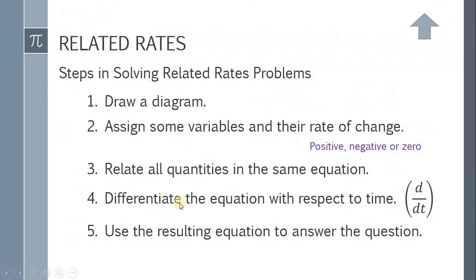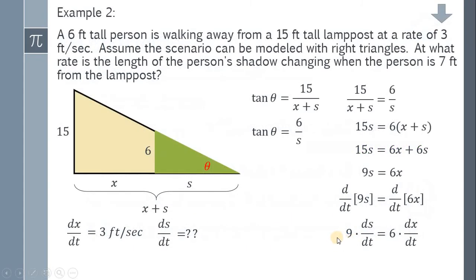Step number 5 natin is use the resulting equation to answer the question. Now, meron na tayo ditong value ng dx over dt. This is 3 feet per second. Ito yung rate of change nung distance nung person dun sa lamppost. And yung goal natin mahanap dito is ds over dt. Now, isubstitute na natin yung dx over dt. So, we have 9 times ds over dt is equal to 6 times 3. Now, 6 times 3 is 18 divided by 9. So, we have 2. Therefore, the rate of change of the shadow with respect to time is equal to 2